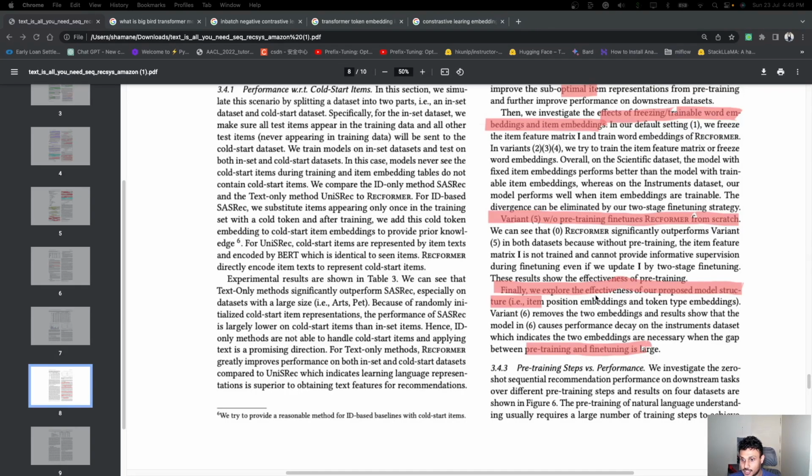Finally, we explore the effectiveness of our proposed model structure, that is item position embeddings and token type embeddings. Variant 6 removes the two embeddings, and results show that variant 6 causes performance decay on the Instruments dataset, which indicates one